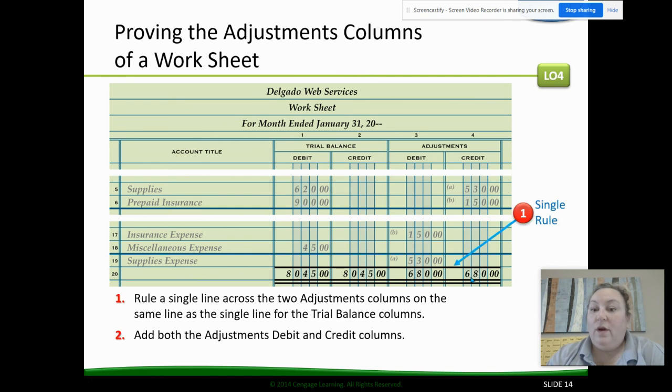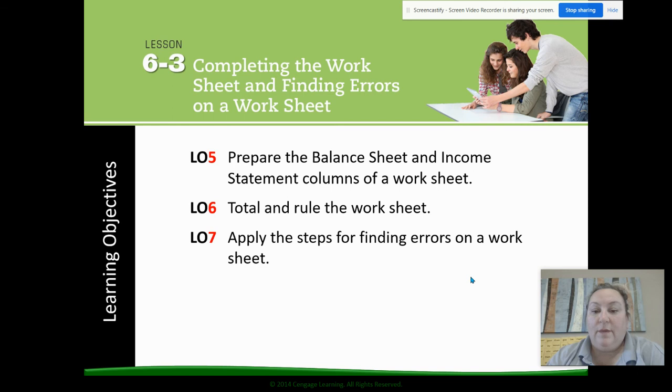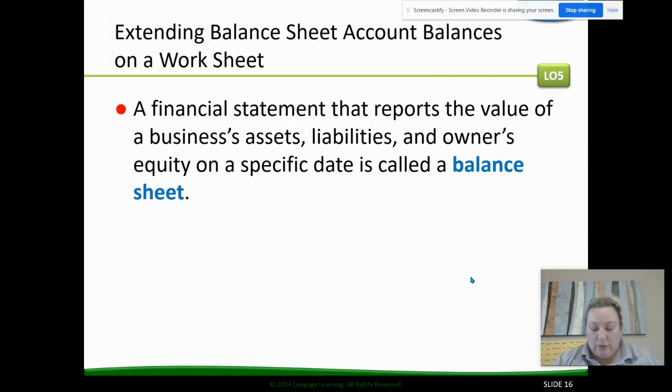All right, so now we're on to the next. Now we're on to the next set of columns, and that's for our income statement and balance sheet. So the last two sets of information. Now, the income statement and the balance sheet are going to be reports that we're going to be creating from the worksheet. So we're taking this information from the worksheet and we're going to be creating reports for our income statement to show how much money we made or lost,